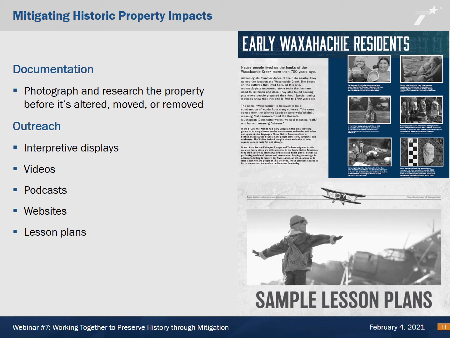Next, let's look at examples of projects involving above-ground historic places. To mitigate impacts to buildings or structures, we find ways to preserve and share their stories. We call this documentation and interpretation. Remember, mitigation strategies vary based on the type of impact and the size of the historic property. TxDOT researches the property, records photographs and videos, and documents its history. In many cases, TxDOT develops museum exhibits, posters, websites, videos, or other products through the Beyond the Road campaign.